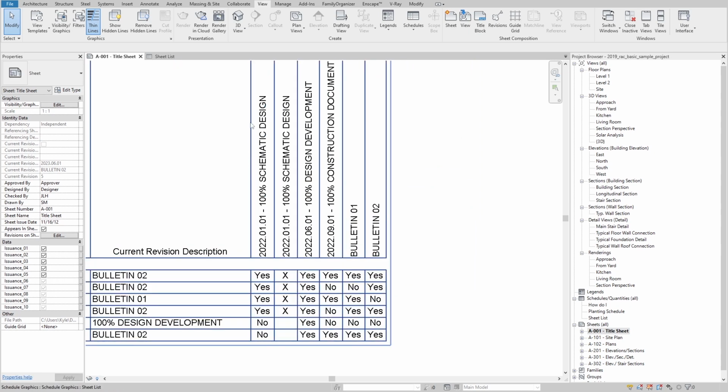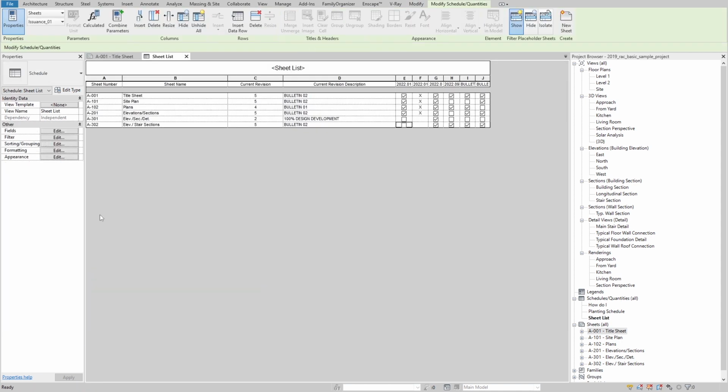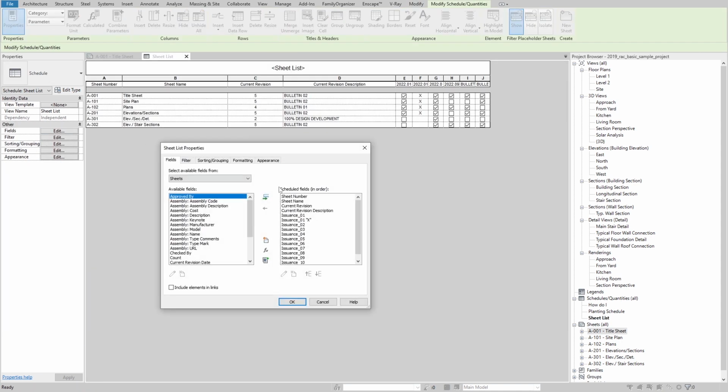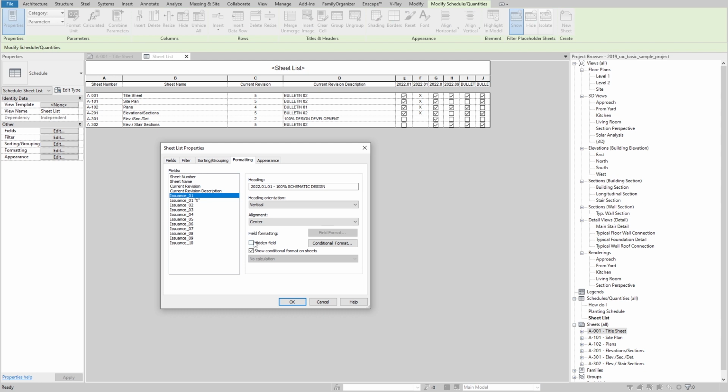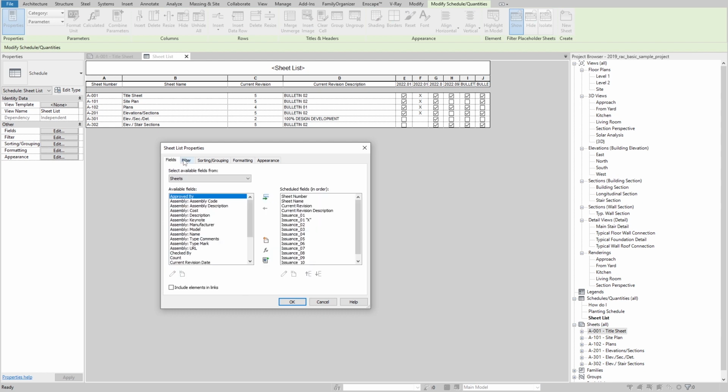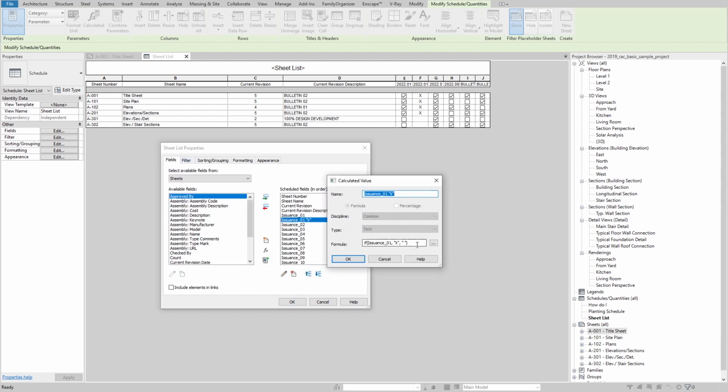And what you can see is that this is no longer a needed column. So what we can do here is go in here, formatting, and just hide that column. And now, since we've already written the formula once, and I'll write this formula in the video description so that you'll have it, we can now add a new calculated parameter, and this will be issuance 2